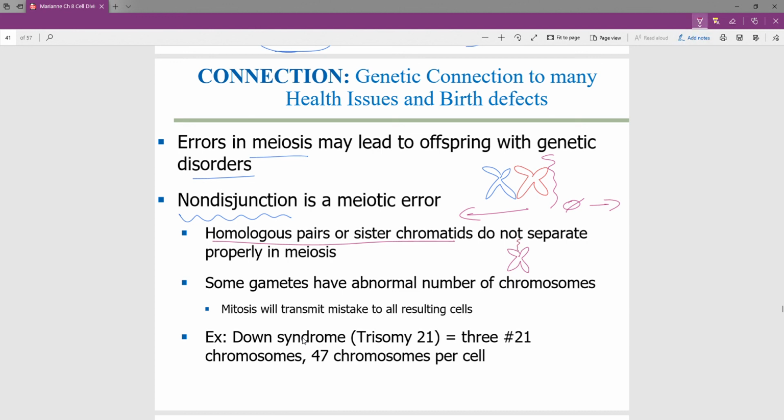In this one, hopefully my diagrams are making sense. So in this one, you could have instead everything going this way and nothing going that way. So sister chromatids down here or homologous pairs, either one could have non-disjunction. So this could be anaphase 1, this could be anaphase 2. So what this results in is gametes with an abnormal number of chromosomes, and one of the examples of this